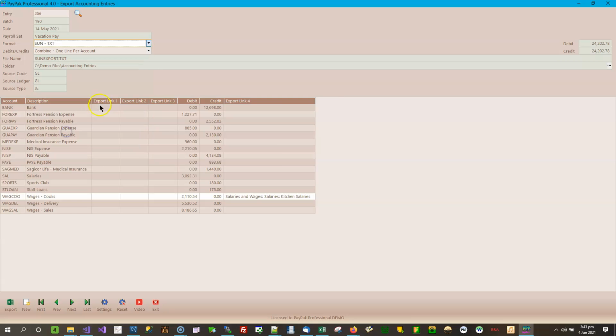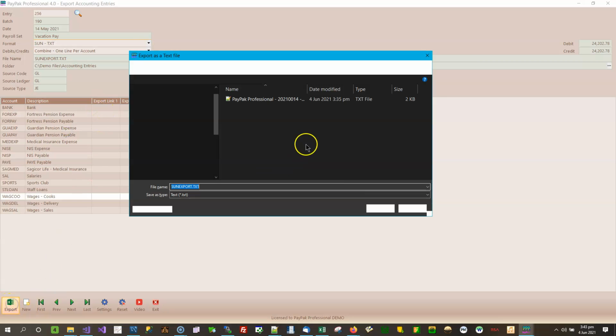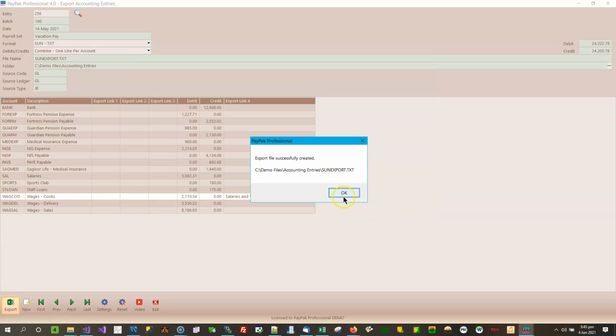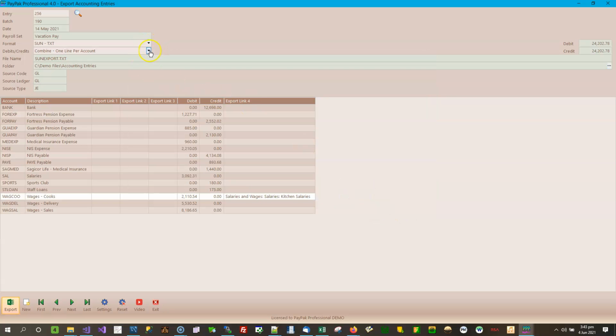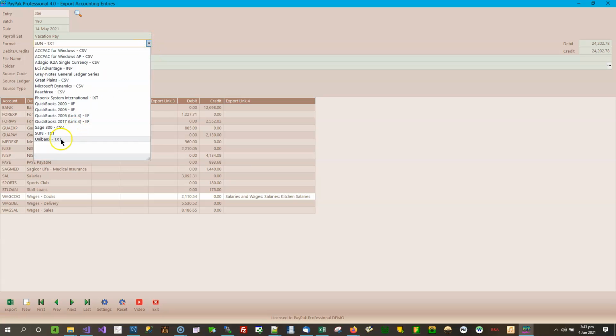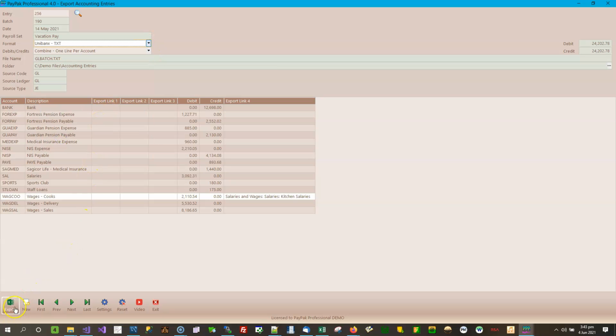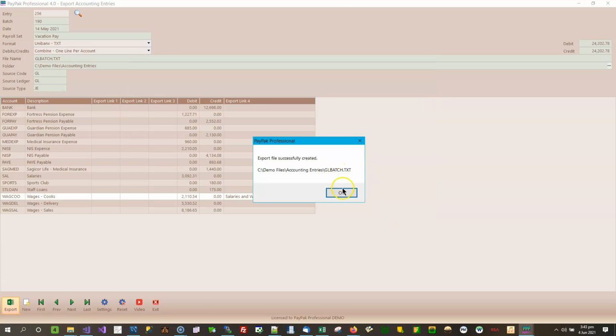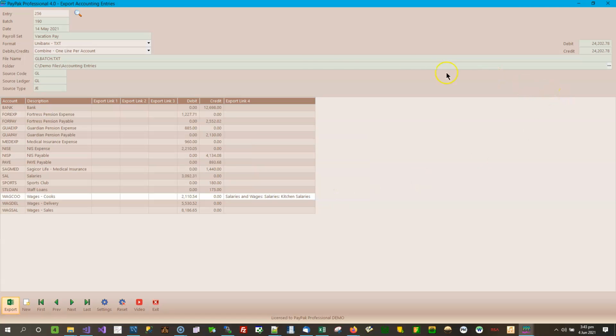You've got the Sun TXT, and that's a TXT as was the PayPak one, but it has a different name. It's just called Sun Export in this case. We export that, successfully exported. And finally there's Unibank's export. The file name is glbatch.txt, and that is exported. So